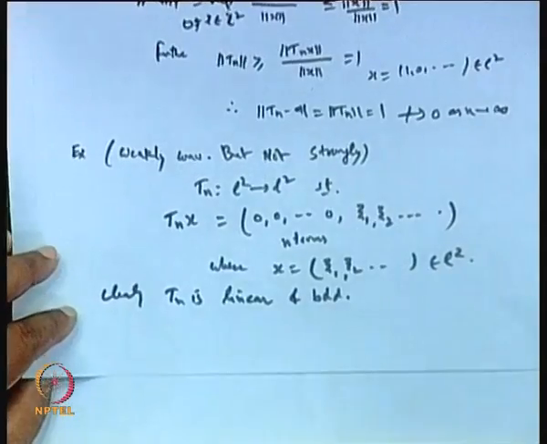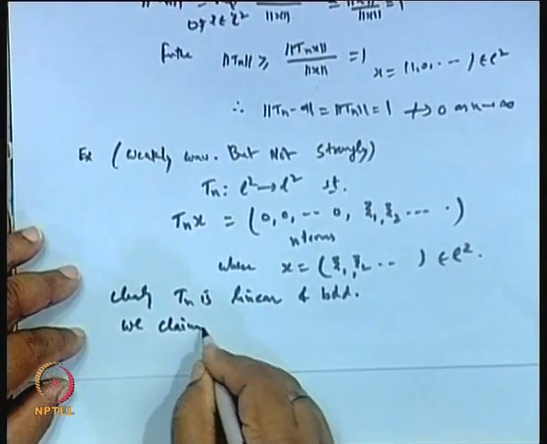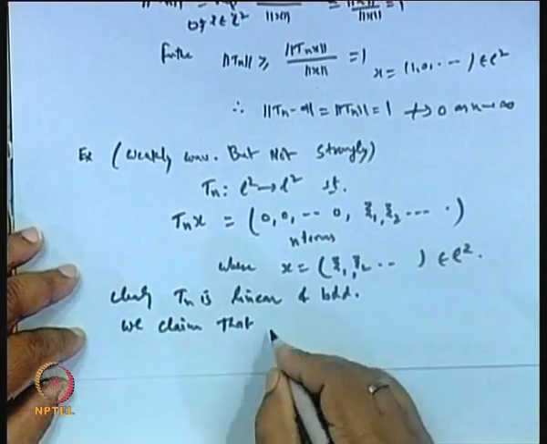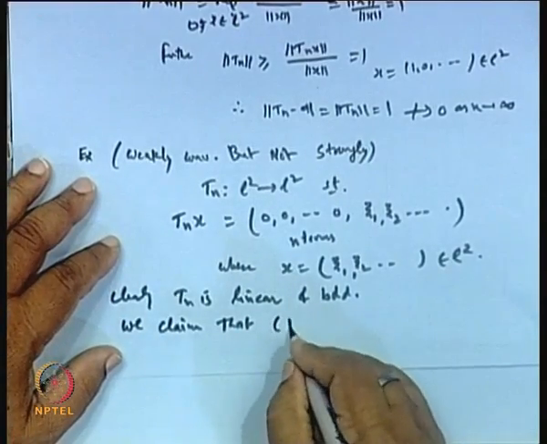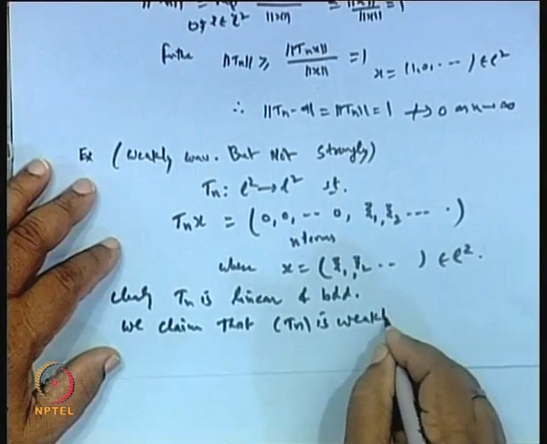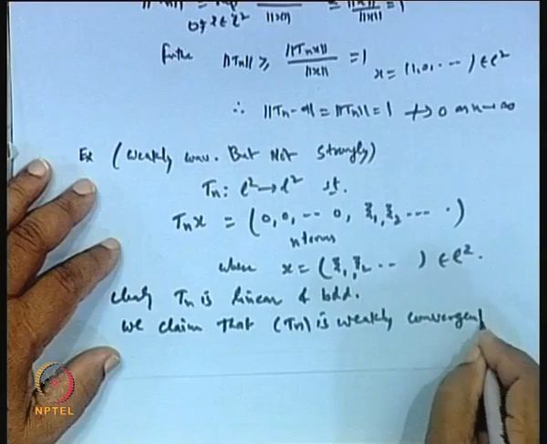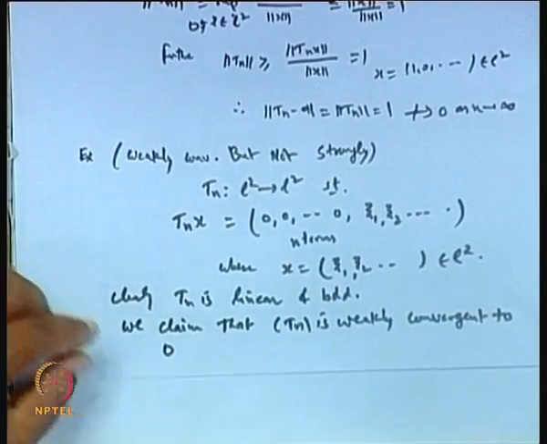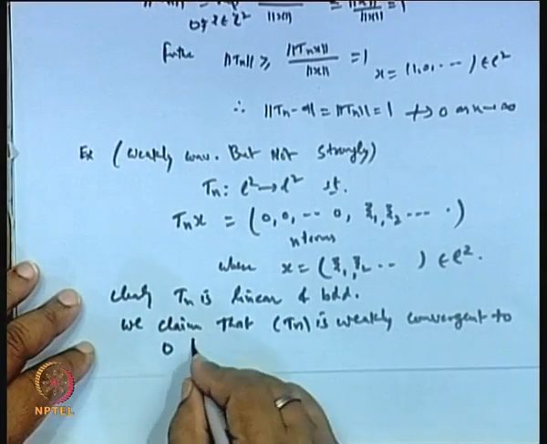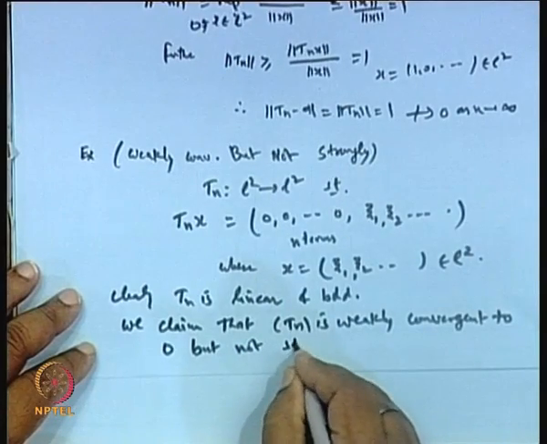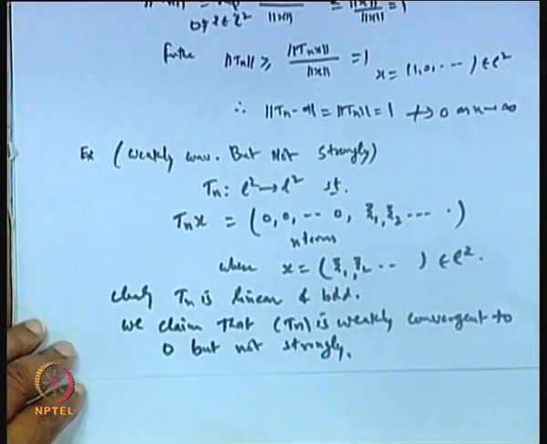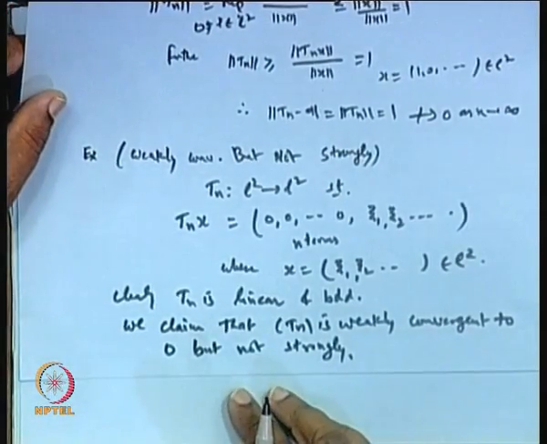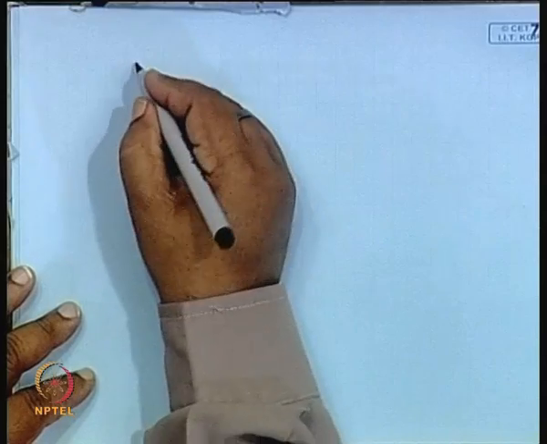Now, we claim that this sequence T_n is weakly convergent to 0, but not strongly. This operator sequence converges weakly to the zero operator, but does not converge strongly. So, let us take, before we know